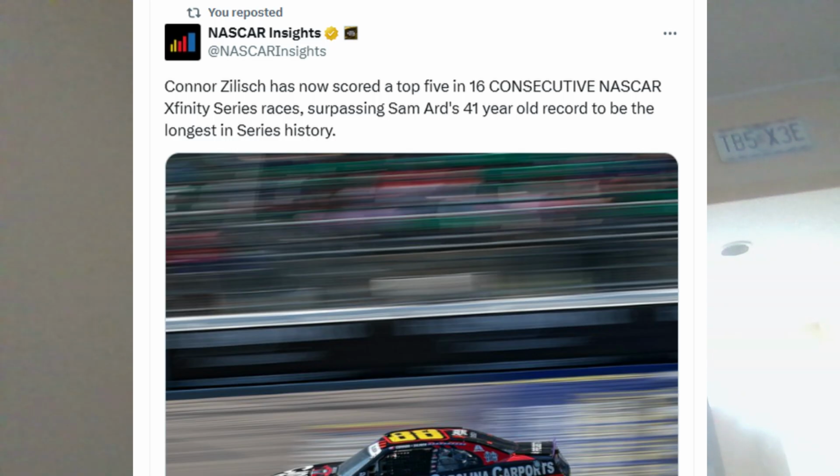Now, over the weekend in the NASCAR Xfinity Series race on Saturday at Kansas Speedway, Connor Zilisch finished in 2nd place. What this means is now Connor Zilisch has scored 16 consecutive top 5 finishes in NASCAR Xfinity Series competition. He has now surpassed Sam Ard and now has the most consecutive top 5 finishes in NASCAR Xfinity Series history with 16. To surpass Sam Ard, who is considered one of the greatest drivers in NASCAR Xfinity Series competition, is